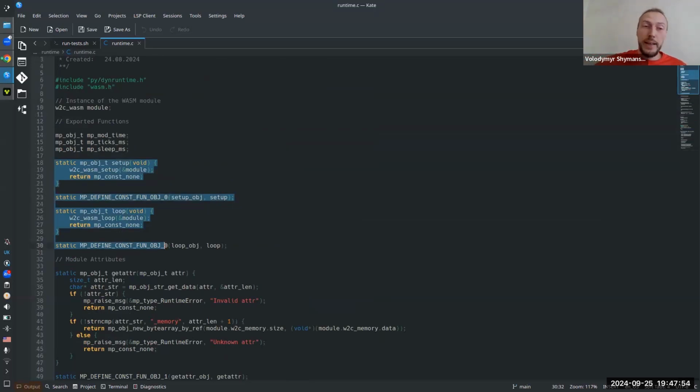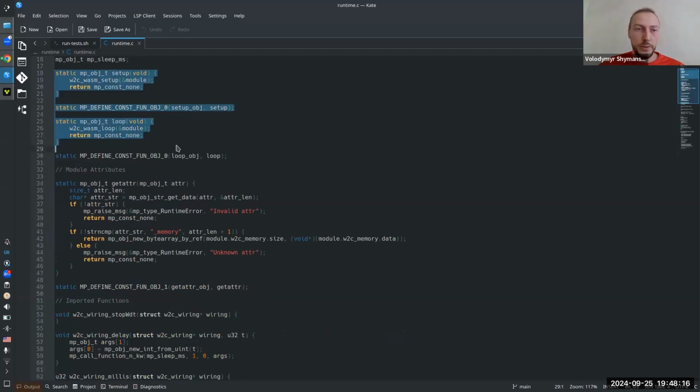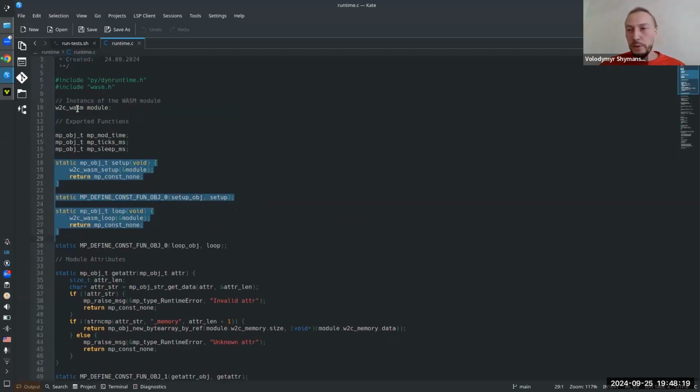Well, in some cases it may be more tricky because you need to also create code that passes arguments around, but that could be auto-generated. So one of the next steps would be, based on the wasm file that we have on the input, we could auto-generate the wrappers for these functions. It should be pretty easy to do because wasm contains all the type information needed, and the typing system of wasm is pretty simple. It's basically native types like integers and floats, so nothing fancy there.